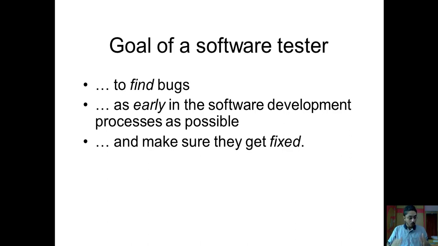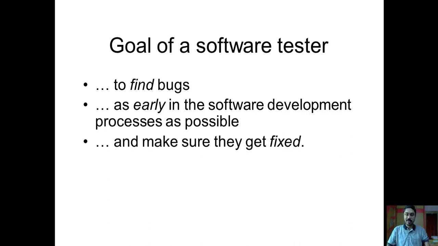And the second, once that bug has been found, they are not supposed to be relieved from that, but from then onwards they have to assign that bug to the developer. They have to convince the developer that this is actually a bug and it needs to be fixed. Then there will probably be a dispute, because sometimes the developer will not agree that it is a bug. So here, as a software tester, you have to convince them that this is actually a bug and you have